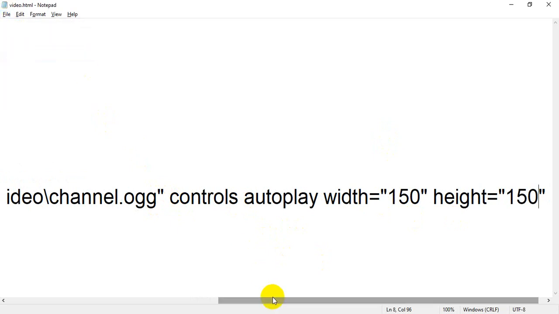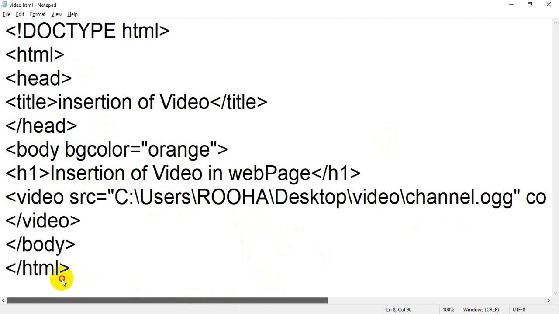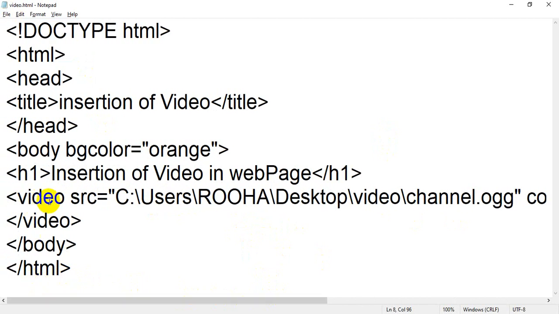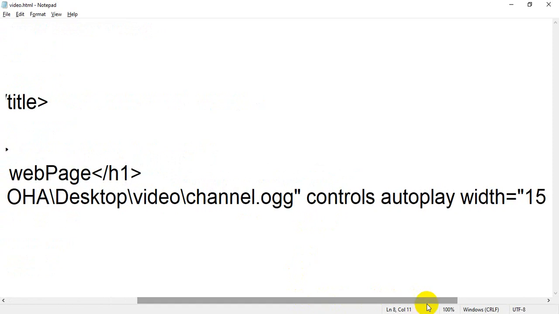Okay student, you can notice what we have added. We have taken a video tag. Inside that I have used the src attribute, where I have added the path or address of the particular video file which we want to add. Then I have added one attribute called controls. By using this attribute, the controls of the player will be displayed, meaning play, pause, forward, and the volume controller, everything will be displayed.